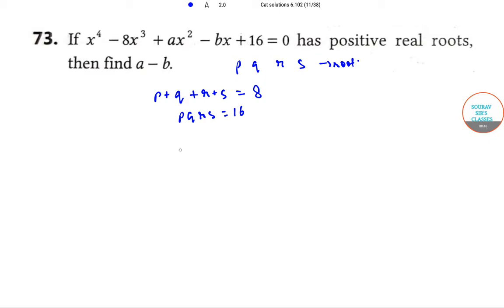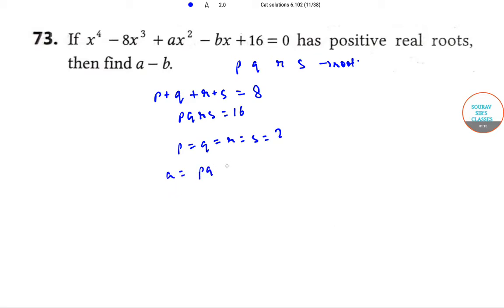Now this happens only when p is equal to q is equal to r is equal to s is equal to 2. The arithmetic mean is equal to the geometric mean. This is possible only when all the numbers are equal. So,